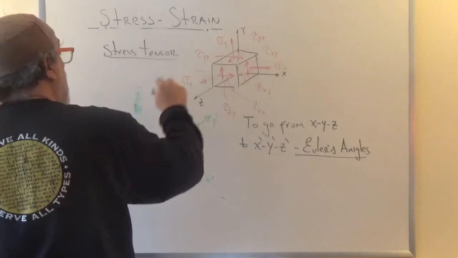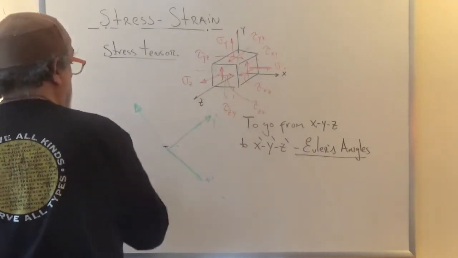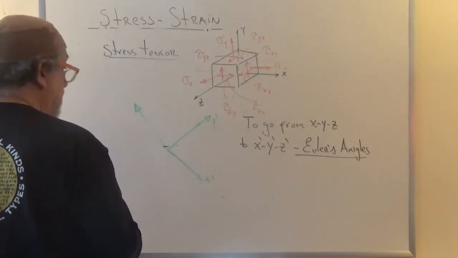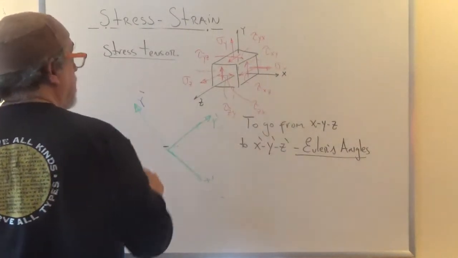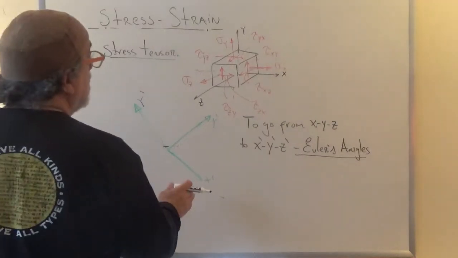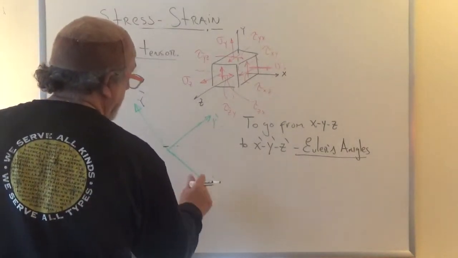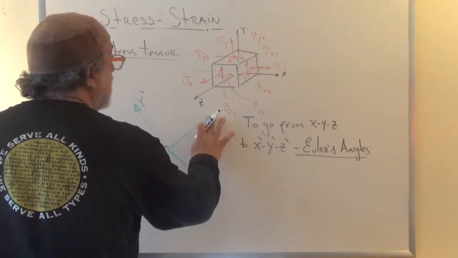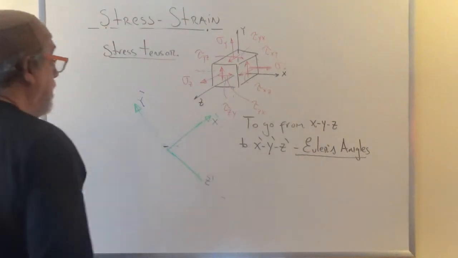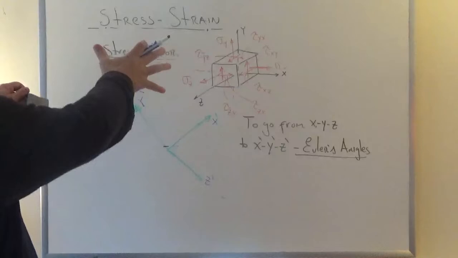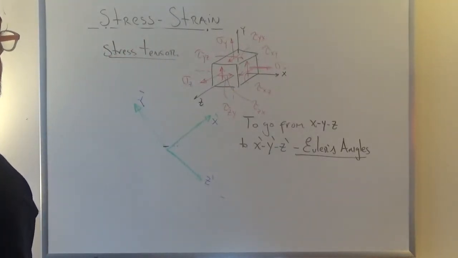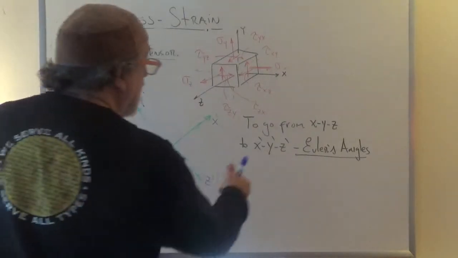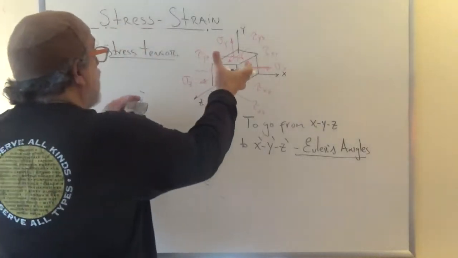So I had the y kind of going up, so maybe I should have had this one as y prime, and then this one being z prime. Not that it matters, and this being x prime or something like that, right? So I took the set and just went like that. Okay? So there are some angles called Euler's angles, and they are the 3 rotations that you can go